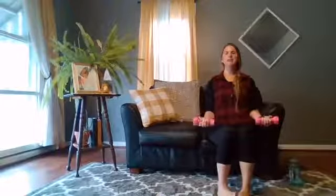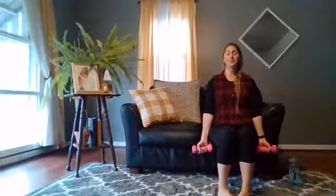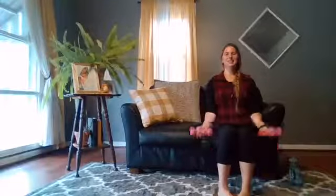Bicep curls. Still sitting tall. Elbows tucked in at your side, palms facing up. We're taking the weights up to our shoulders and then lowering all the way down till our arms are nice and straight. Up, all the way down. 2,